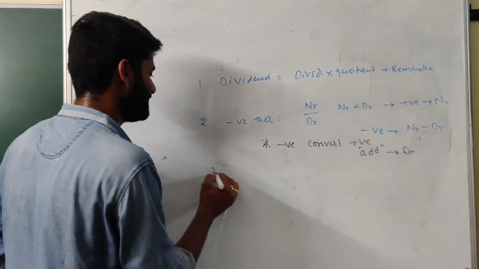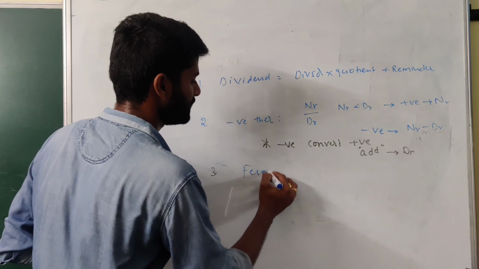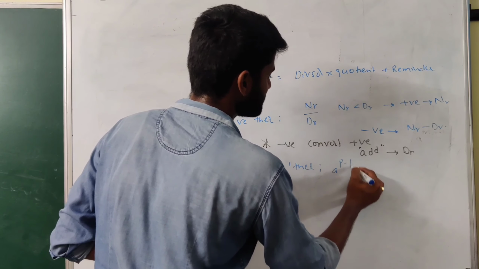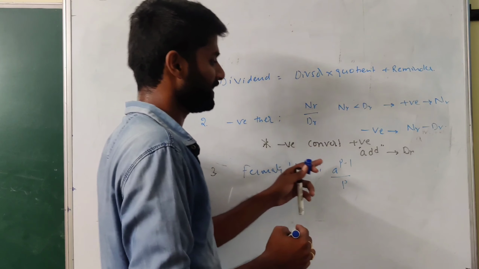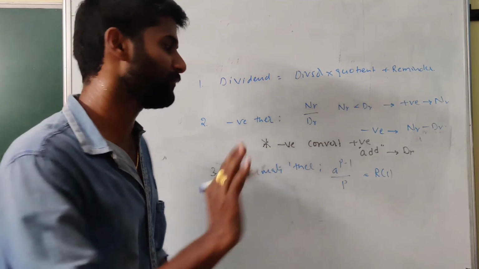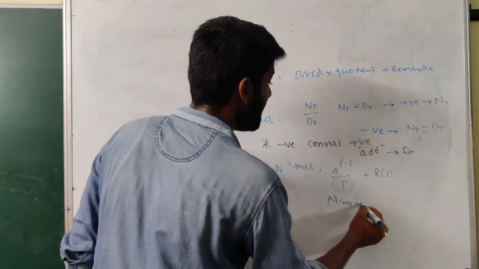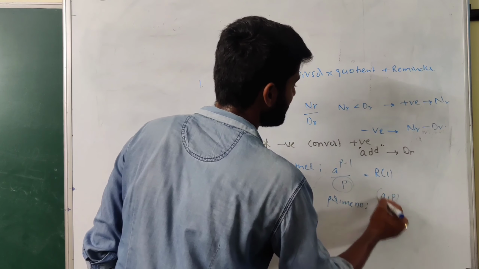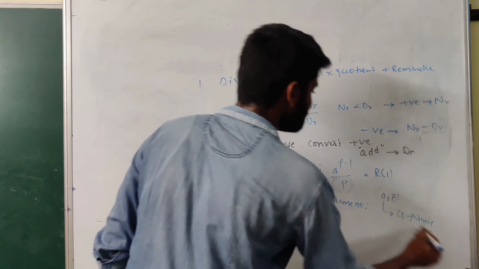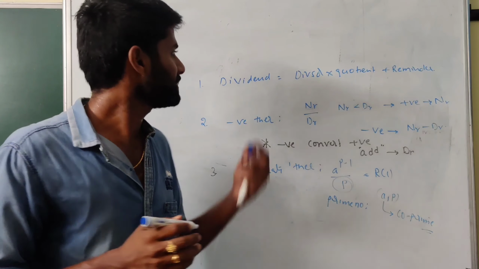And the third theory we are discussing is Fermat's rule. Fermat's theory says that if a power p minus 1 is divided by p, in the form of any numerator and denominator, the remainder is always 1. But focus on that: p must be a prime number, and also check that a and p satisfy the co-prime rule. So in this session we are discussing these 3 different calculations related to the remainders theory.